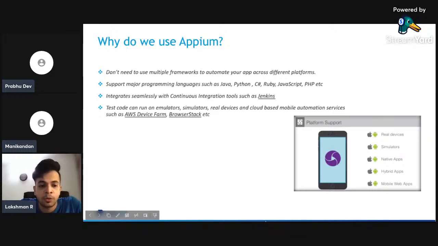Your automation programming language is not dependent on your developer's programming language. If the development at the back end is done in Kotlin or Ruby or Python, your automation language can be Java or C#, anything. So it makes it very flexible for automation enthusiasts. For example, if your developer has written code in Kotlin, you can use Java, and at the same time you can use Kotlin as well. That's a privilege that Appium gives automation testers. Yeah, next slide.